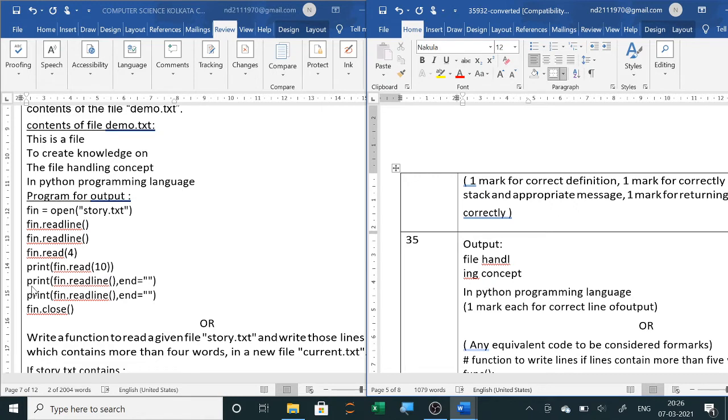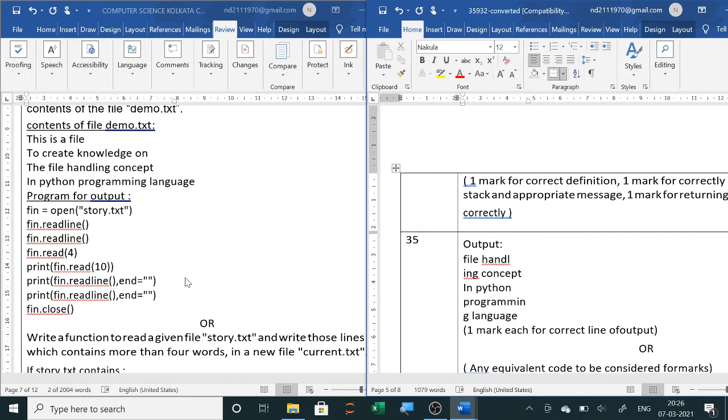Print always comes to the next line, so now it will come to the next line, and then it will print here ing concept. Okay, now end equals to double quotes means it will remain in the same line and it will print the next line. So here ing concept, after that you can see here end double quotes is written. So that means it should print this in the same line.